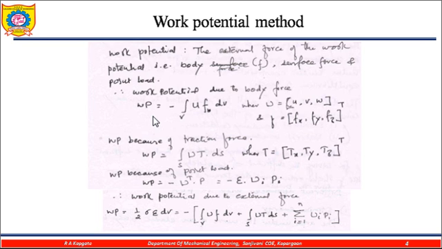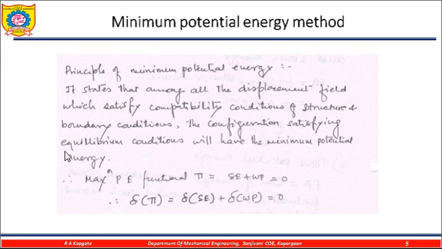You need to focus on what is meant by the work potential, because whenever we are dealing with the next chapters, this work potential plays a very important role. If you are not understanding the work potential in the right way, you could not solve any problem in the next chapters. So the work potential, finally, that is the principle of the minimum potential energy. Now what is that? We have already seen that the strain energy plus your work potential should be equal to 0. That is the principle of the minimum potential energy.